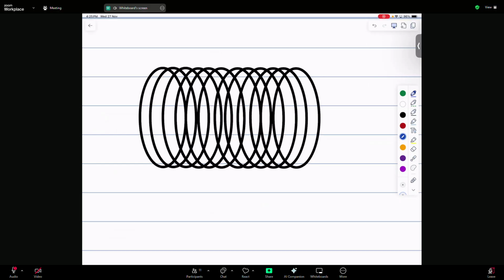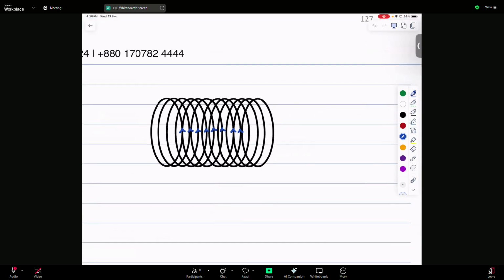Yes. So by the way, this was, I think, 5 classes back, okay? It's not something new. When you have current passing through a coil, you'll find that there is a magnetic field generated around the coil that looks like the magnetic field of a magnet. This is the idea of a solenoid, right? So if current passes through this coil, and this is the front part of the coil,